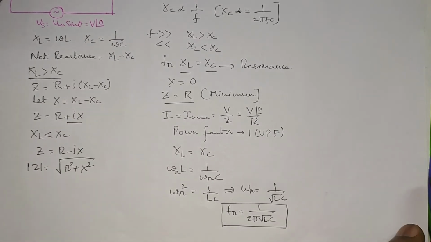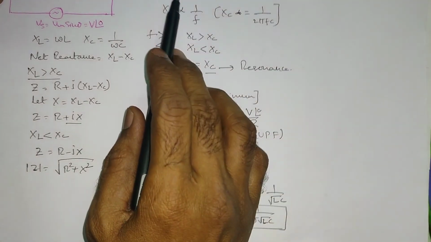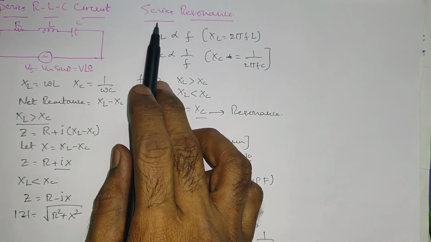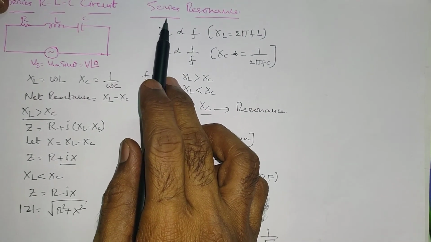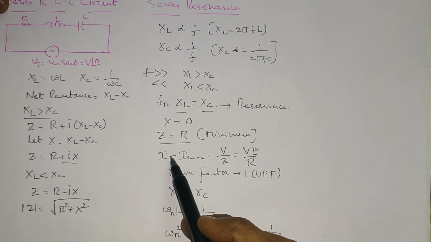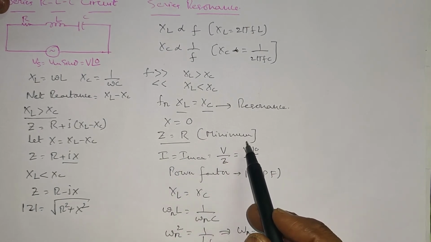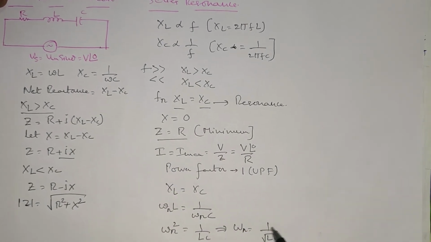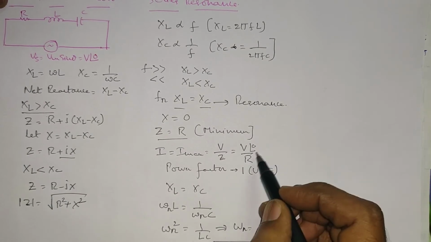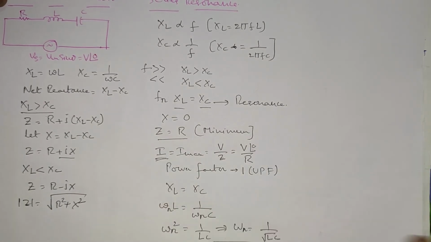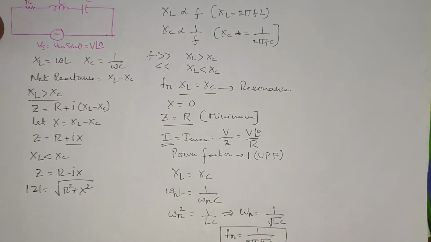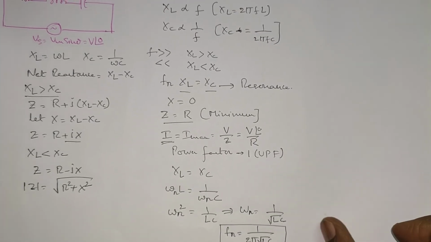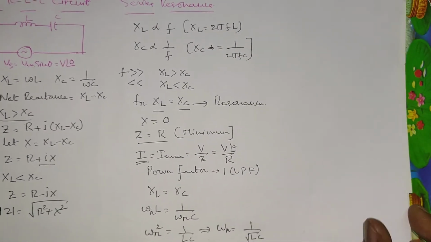Here we are going to consider the series resonance circuit as an acceptor circuit, because here the impedance is going to be minimum and the current is going to have its maximum value. The current will be maximum. That is the reason why this circuit is considered as an acceptor circuit.